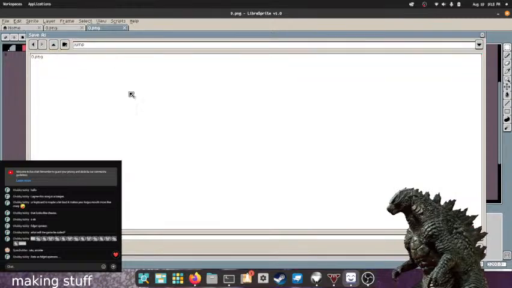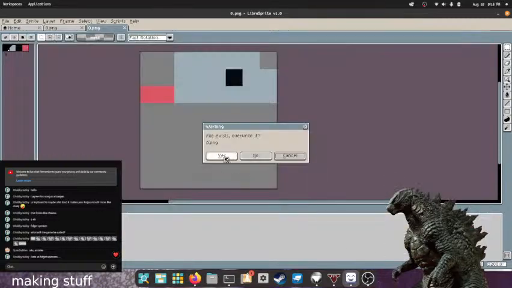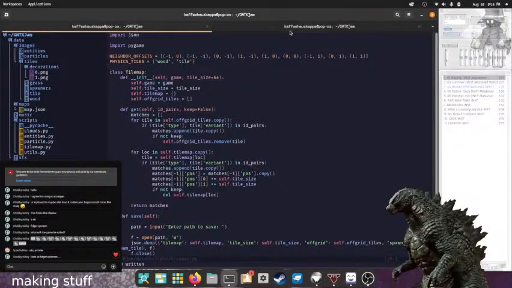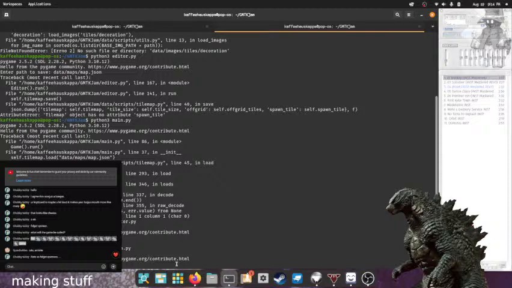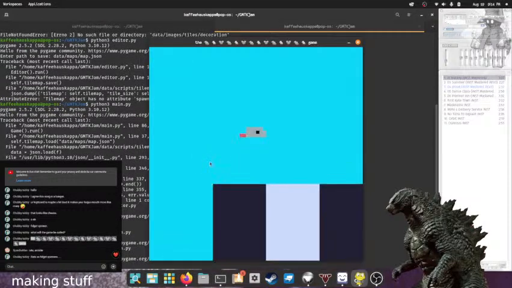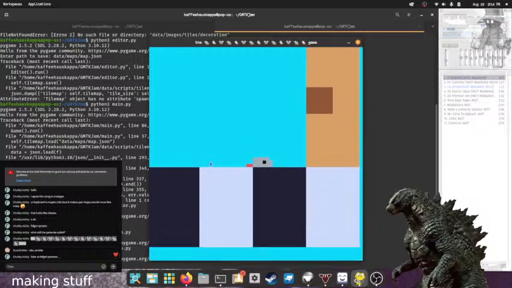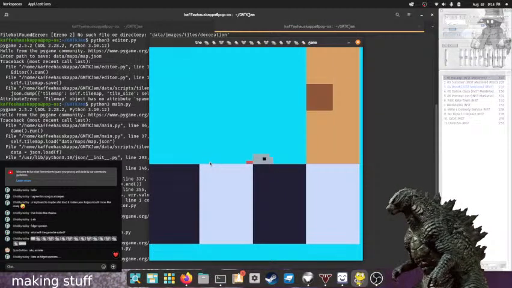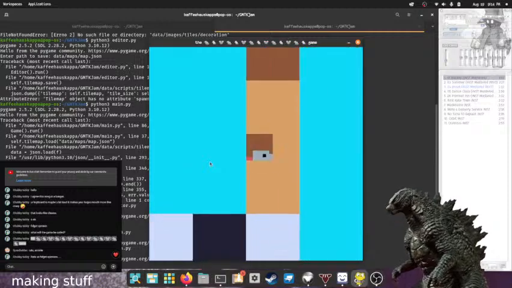The last one in here is jump, I hope. There's only one way to find out though. Oh, nope. Last one is run. Run needs to be fixed. Everything else is fine.